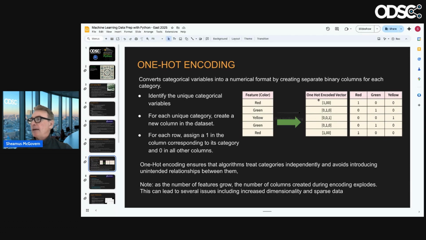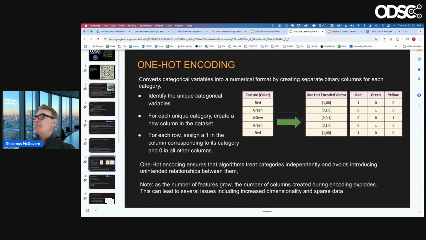So red, green, yellow, and because there are 3 values here, even though I've got 5 listed, there's only 3. So I would create a 3-dimensional vector array, whatever you want to call it, and I would encode these with ones. This is what's called sparse encoding, because imagine you had 1,000 colors, and for the most part, it would be just filled in with zeros. So red is 1, 0, 0, and then here's red repeated, 1, 0, 0. So that's one-hot encoding.